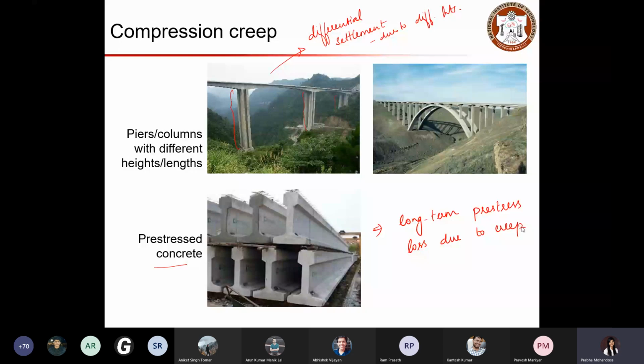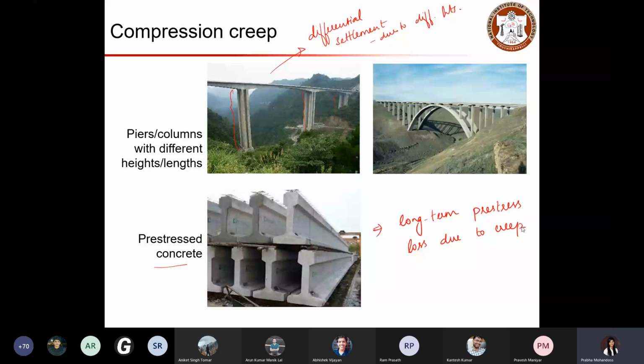And even if they experience it, it has to be within the limit, so that you can anticipate the limit while you design the structure itself, and you can take corrective measures accordingly. Even if you expect such loss due to creep, how it has to be compensated, how the design has to be modified. Those things have to be given consideration when you choose a pre-stressed concrete system for your project. So that is for compressive creep.